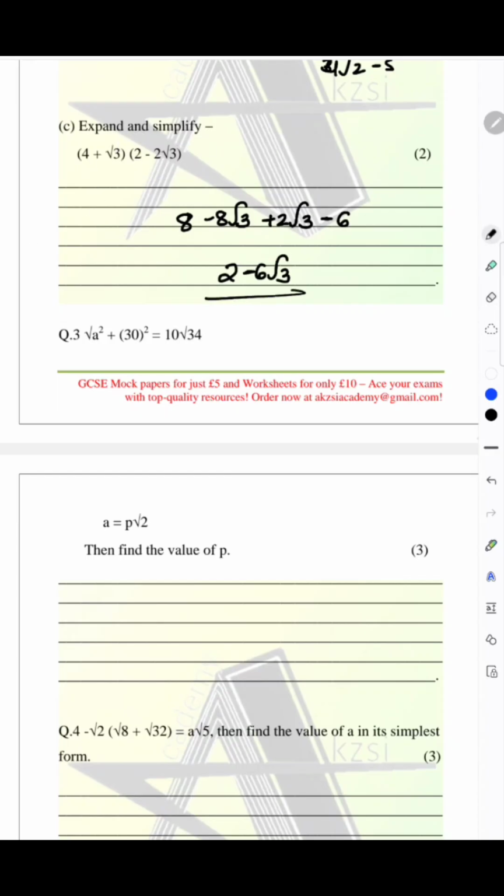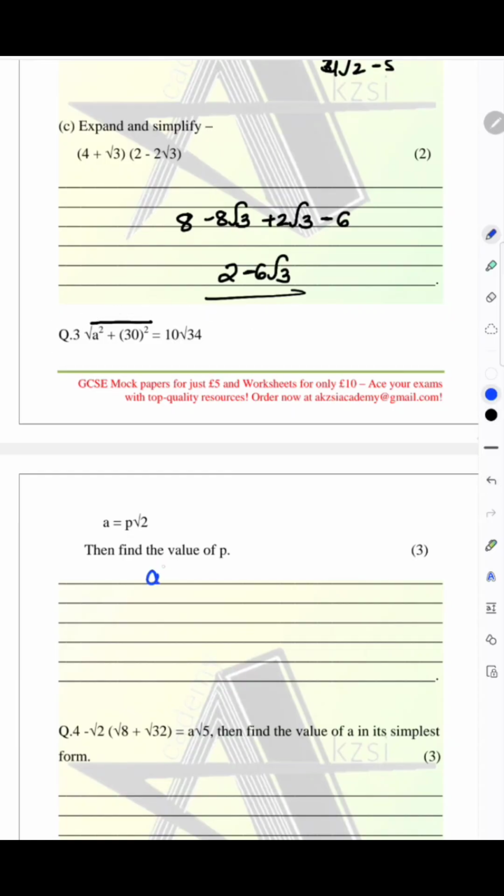Moving on to the next one, it says root of a squared plus 30 squared is equal to 10 root 34. This is a whole root actually, this one. And if a is equal to p root 2, then we have to find the value of p. For that, I have to square both the sides. When I square both the sides, on squaring both the sides, I'll get